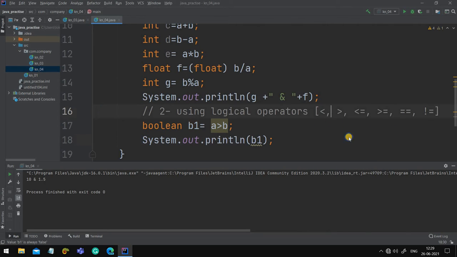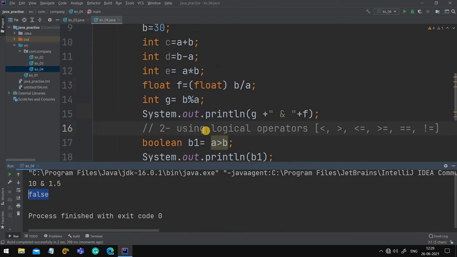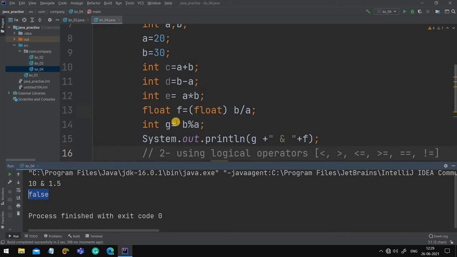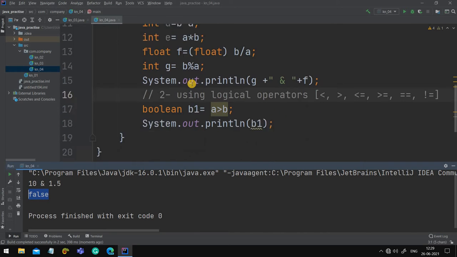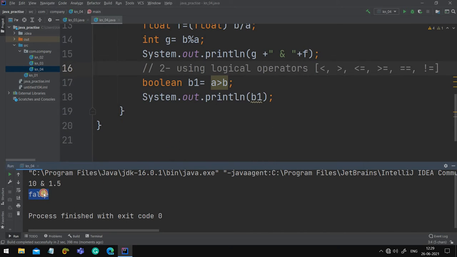So obviously it should be true. No, it's false. Sorry. Why is it false? Because A is not greater than B. A is smaller than B. So what does it answer? False. Now if I change the sign, if I make it smaller, then run it, then it comes to be true.